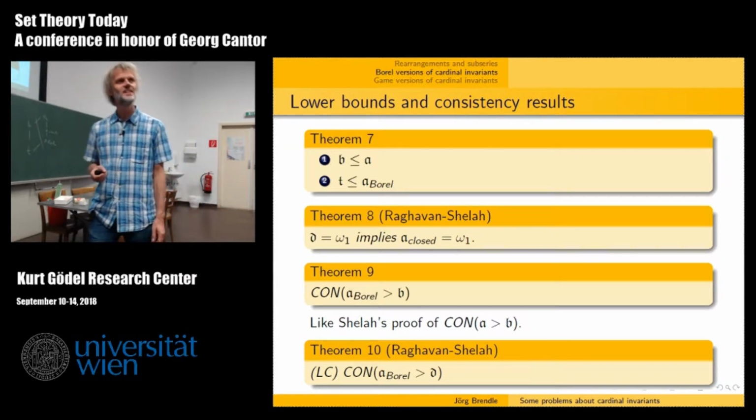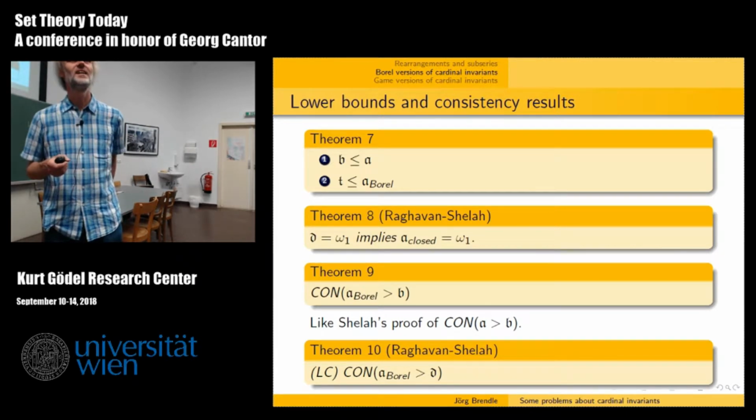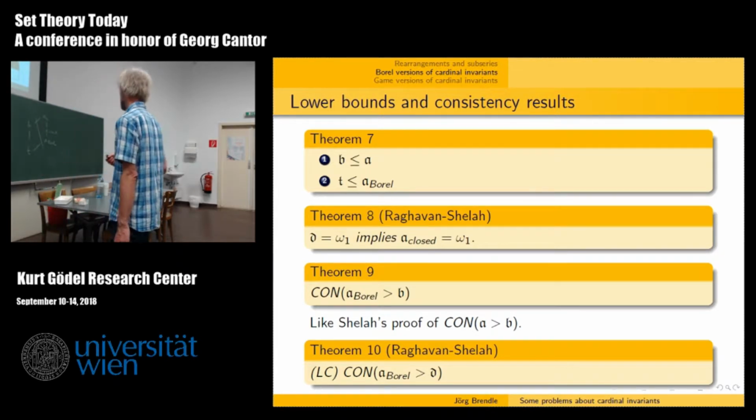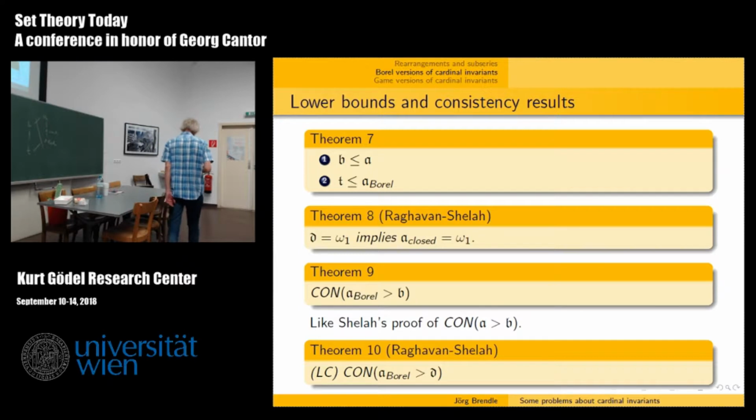In the usual template, what's the value of a_Borel? Good question. We don't know, and the reason we don't know is... probably no. Actually, we know it's Aleph 1. It must be Aleph 1 if you use the one with Hechler forcing, and the reason is the following. I will come back to that.